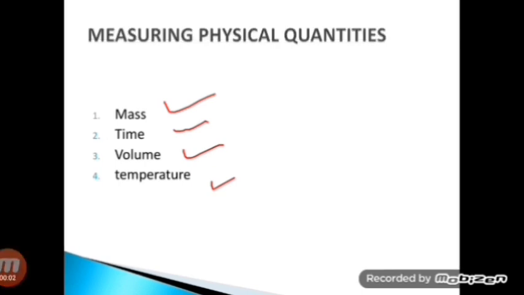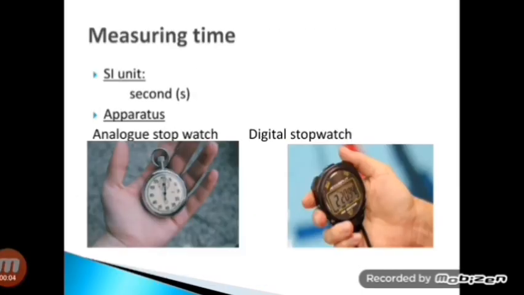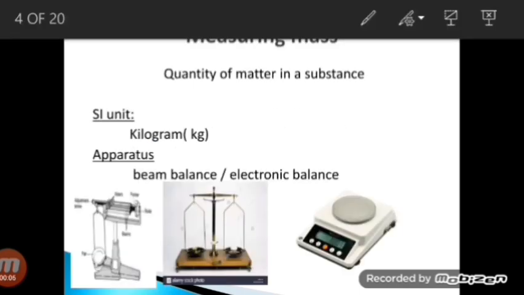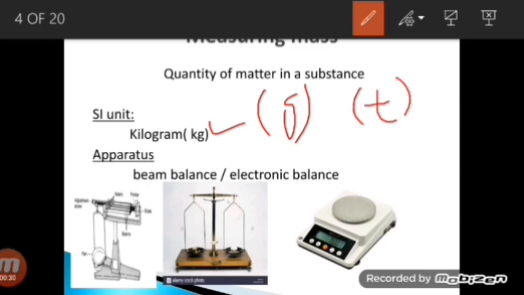So what is mass? Mass is basically the quantity of matter in a substance, and its SI unit is kilogram. Kilogram is its bigger unit, whereas it also has smaller units such as gram. Gram is the smaller unit which is used to measure mass. Industrially, ton is used to measure masses of heavy objects like vehicles or large cargo boxes. It will be represented as small t.